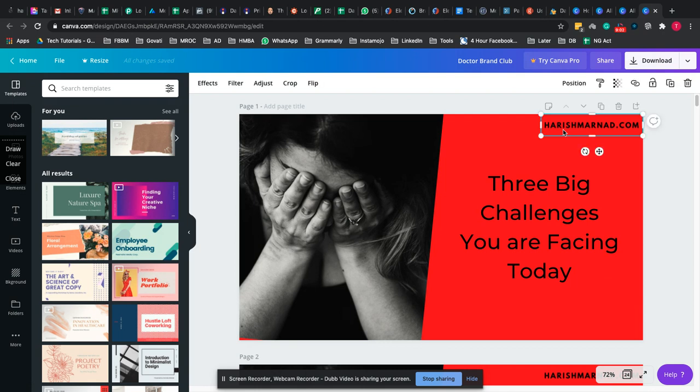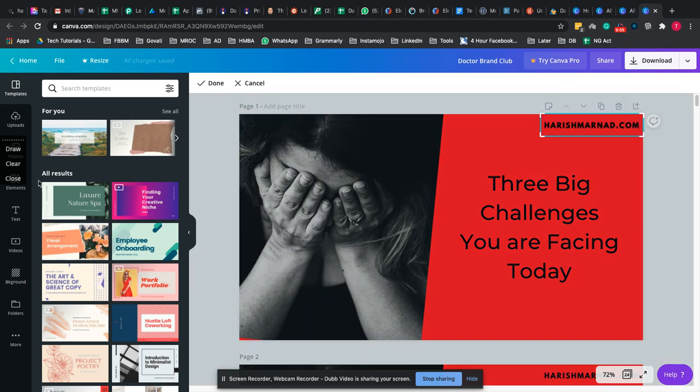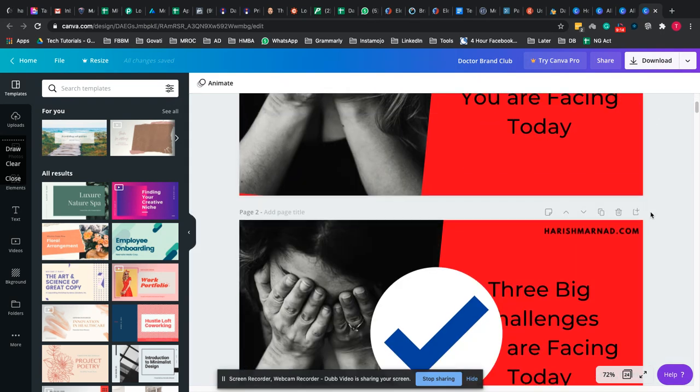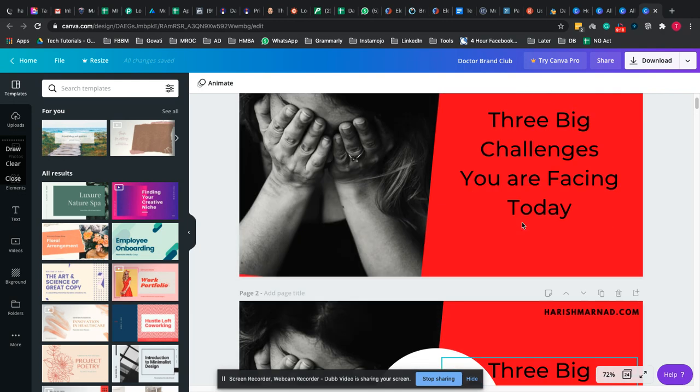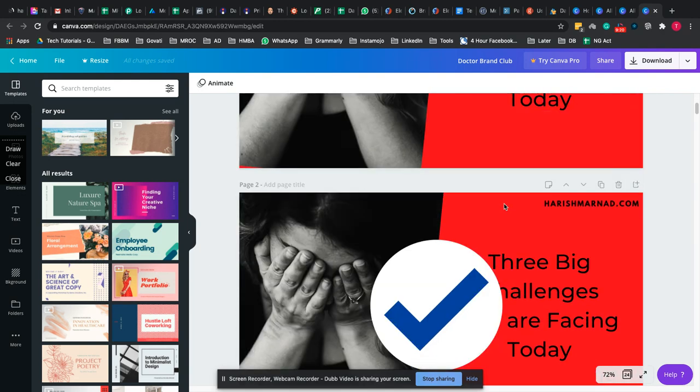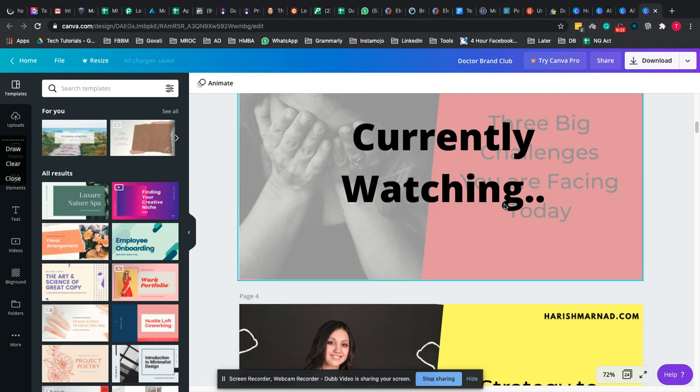We may have to use Dr. Brand Club. So this is an image. So we have to get the logo, the transparent one, upload it, and then change the backdrop. So each image has three variants or four variants actually. For the first one, we don't have one of the variants, but let's look at the other one.